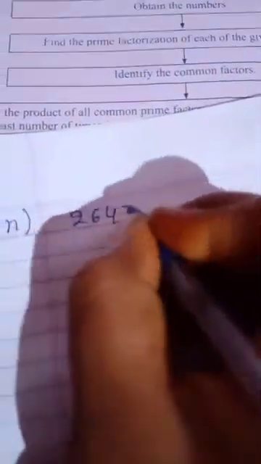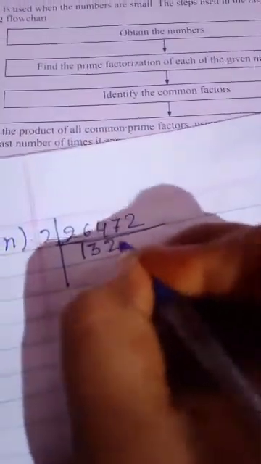Okay, now just go through the next number. One or two difficult numbers are there, so I am taking them, and after that you will do all the questions yourself. Okay, see now what is the next question. Next question I am taking, part n. And what is that? 26472. Okay, I am taking this number. It will be divisible by 2.